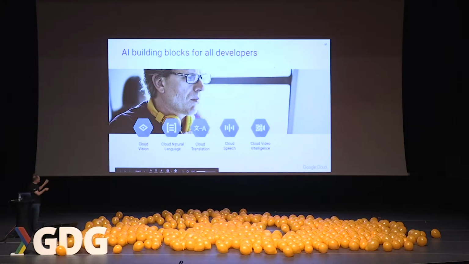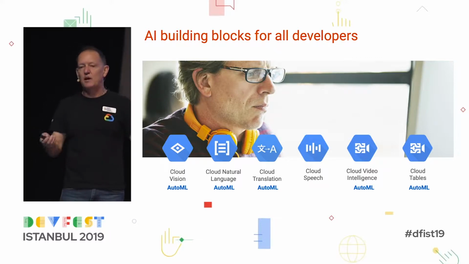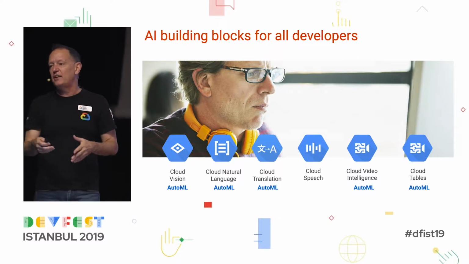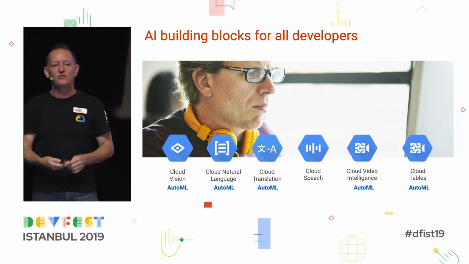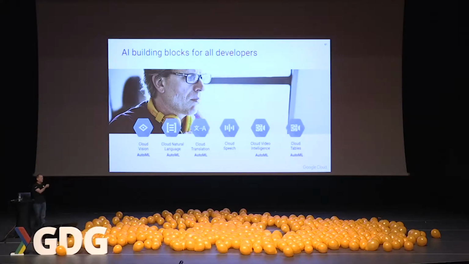Okay, so we've already seen that we have these pre-trained models, but we've also now seen AutoML Vision, and there are also AutoML versions of natural language for understanding text, and for translation, and for video intelligence. The video intelligence is like the vision, but it works on videos. It will automatically break down a video into scenes and use those same kind of classifiers you saw in vision for identifying what is in each segment of that video. Then there's the new thing that just came out. It's in beta right now, called AutoML Tables. And that's what we're going to spend the rest of the time talking about.